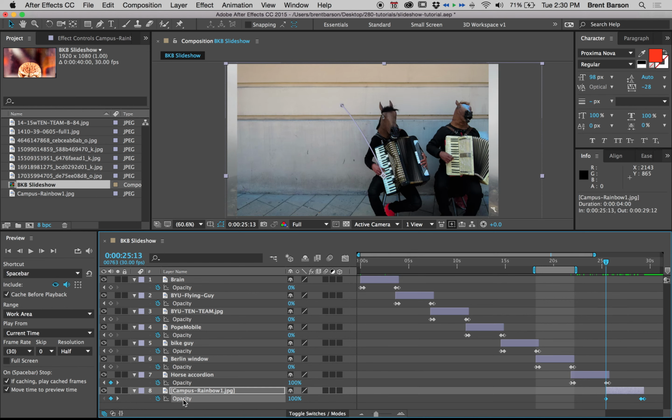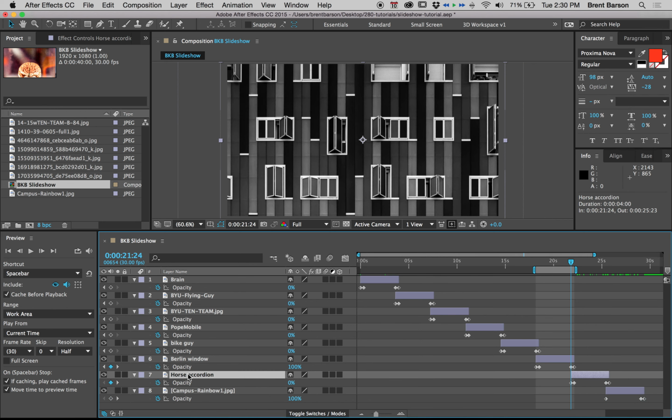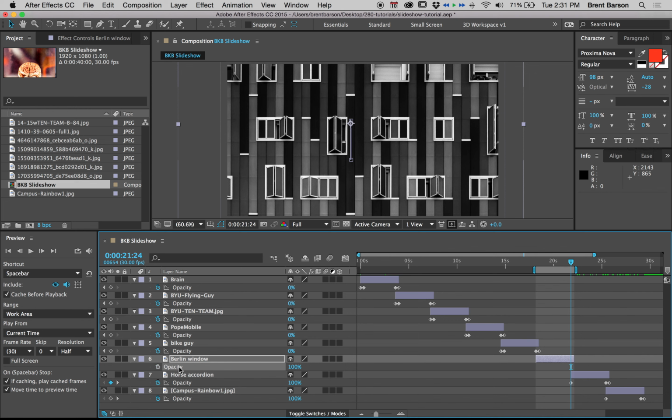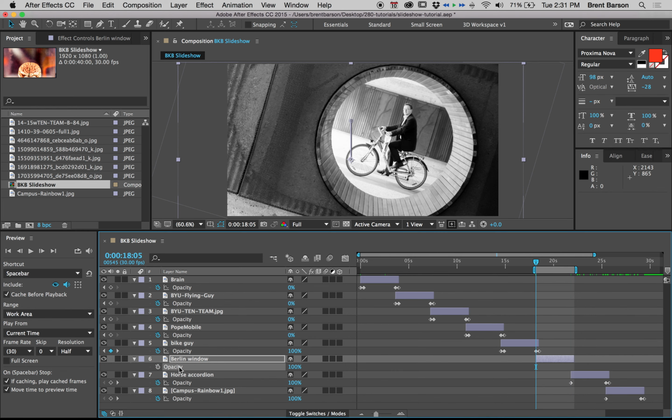So all 3 opacity keyframes, that's Command C, and then let's go to Horse Accordion. Beginning, let's erase what's there by hitting opacity, delete, and then paste. See that? These are our 3 new keyframes. The first 2 are 100, the third is 0. Let's go to Berlin window, delete all by clicking the word opacity, delete, go to the beginning, paste,